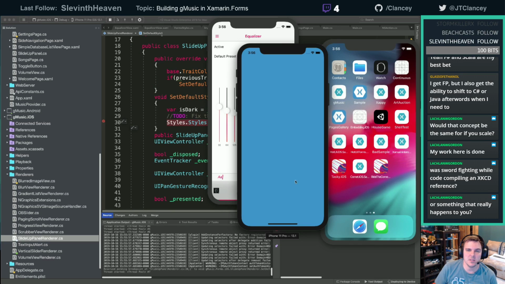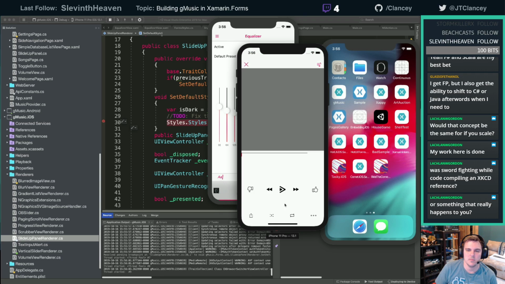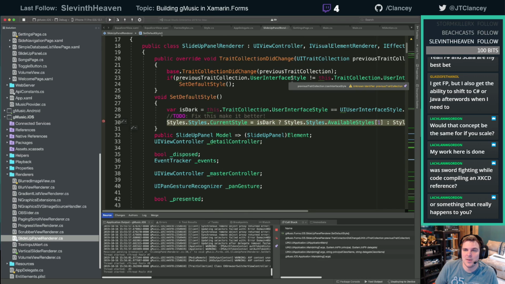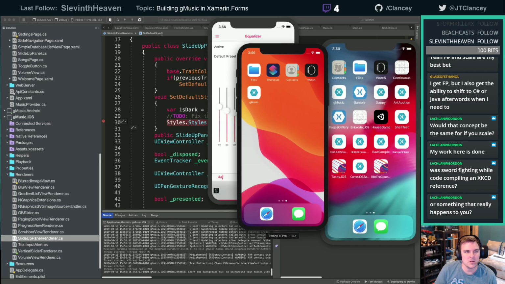All right, fires on startup. Come on, exit the app. Oh, it is firing once. It didn't crash though. Whereas last time, I can't get to the settings.